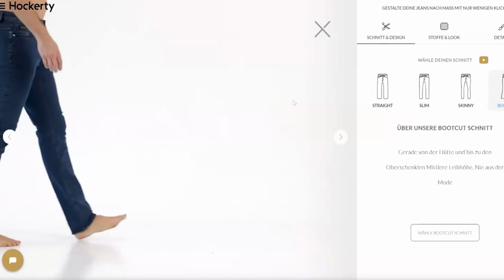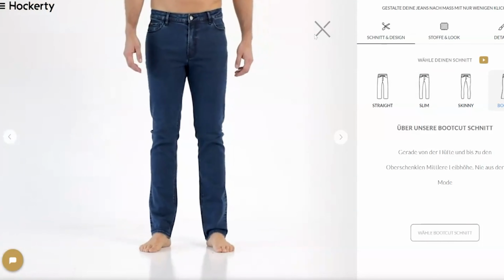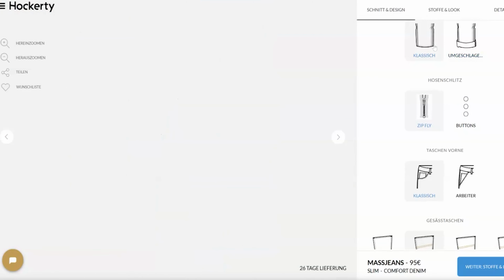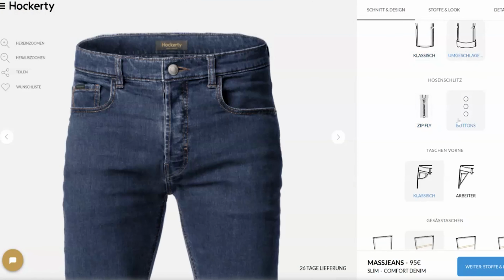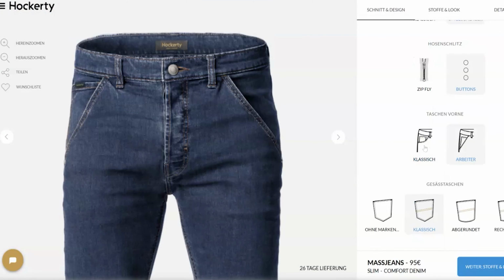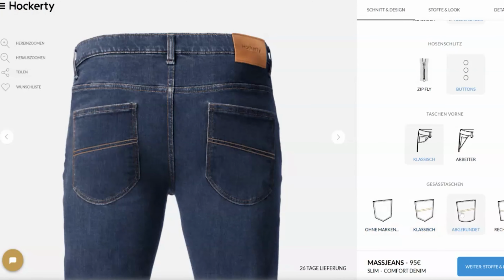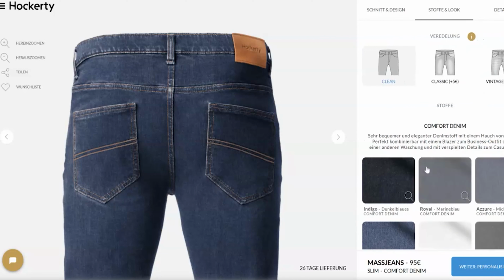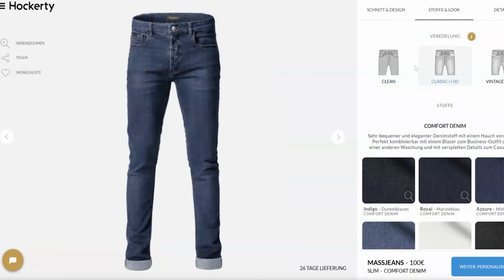You can choose the level of distressing, for example, or which kind of patch sticker you want to have on the back, and of course also which fabric you want. And I always feel like they put quite a lot of thought in the customization process to make it easy for customers to understand what they should pick, what they maybe shouldn't pick, and what would result in which type